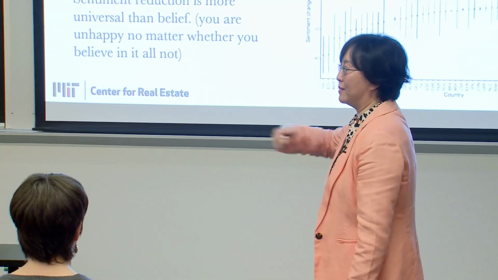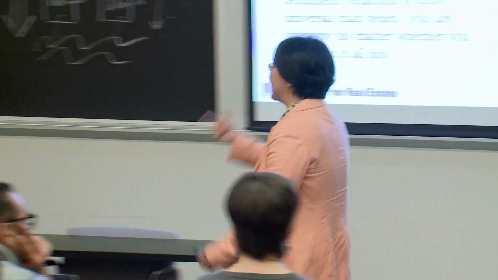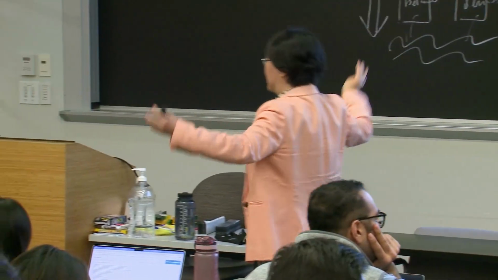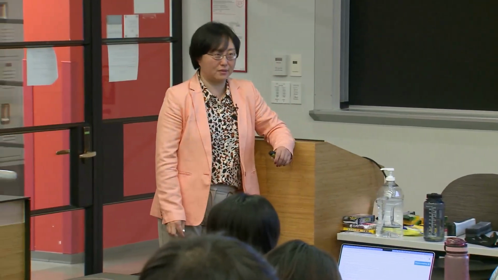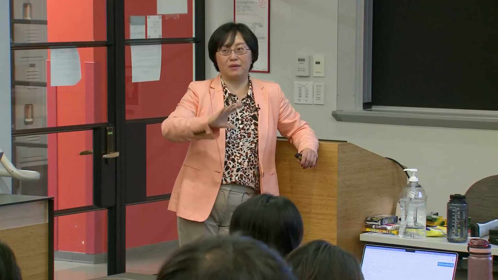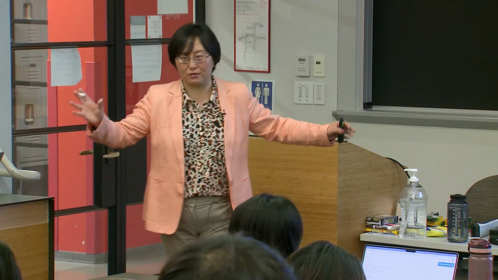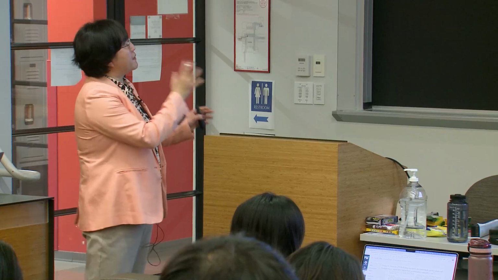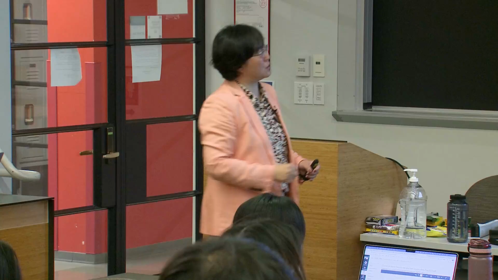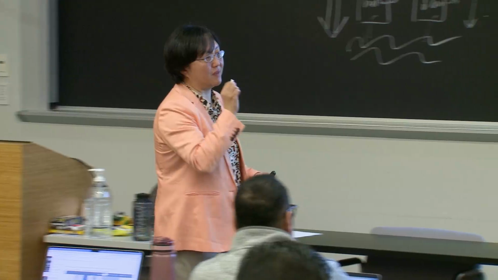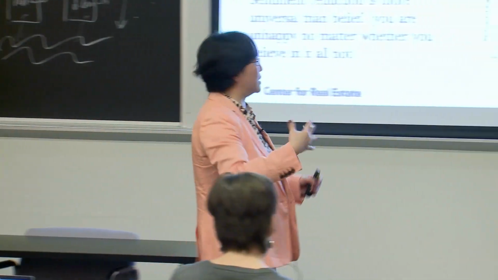We started from Weibo, China's Twitter, then we expanded to all Twitter. All over the world, now we have more than 100 countries. And this is machine learning, so we can process all kinds of languages. We don't rely on a dictionary. Then we use this NLP approach to extract information about people's sentiment from tweets, whether you are happy or not. We have a sentiment score for each tweet, and then we aggregate.